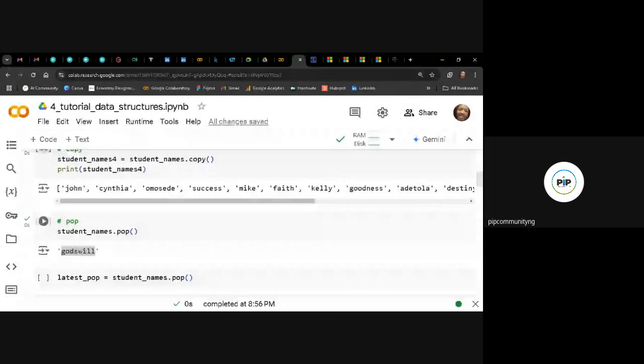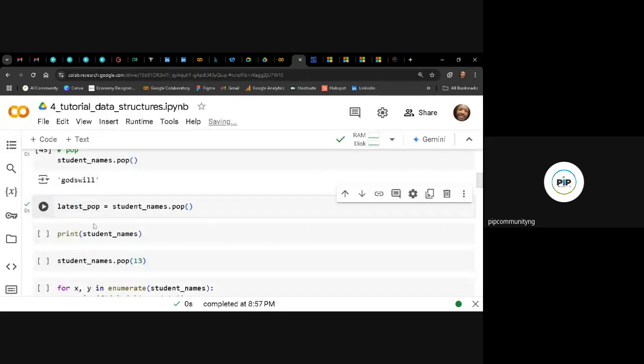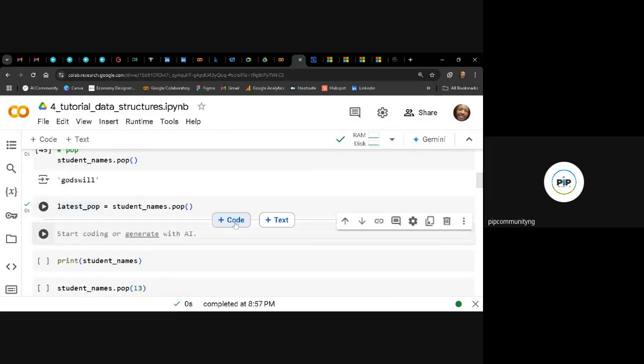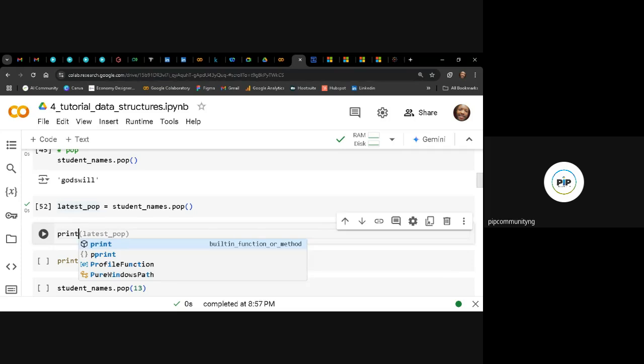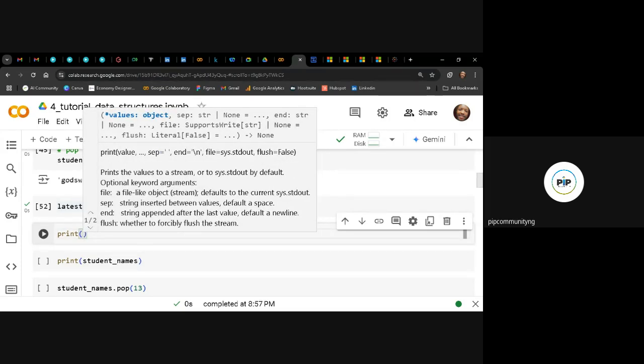So when you pop, it pops the last item and throws it away. But you have the ability to save whatever you're popping somewhere so that you can still call it, which is what I'm doing in the next line of code. Look at it. I declare the variable latest underscore pop, then I use the same pop and I run it. It pops and saves Goswe in latest pop. So when I call latest pop,